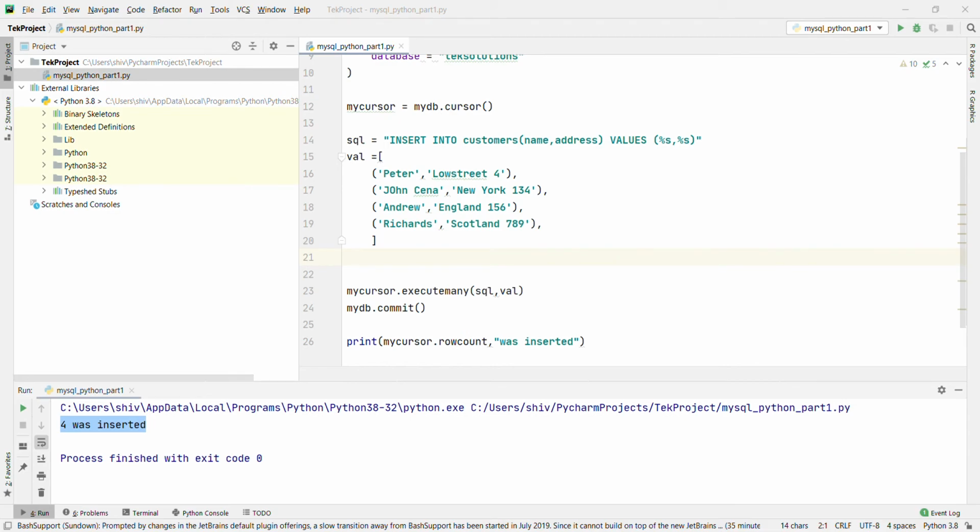Right, now if you want to get the insert ID of the row, you just use lastrowid by asking the cursor object. If you insert more than one row, then the ID of the last inserted row is returned.